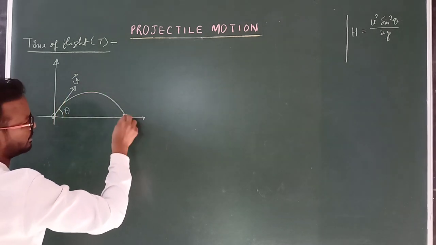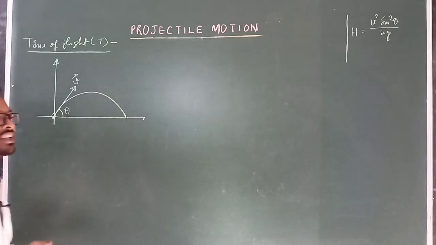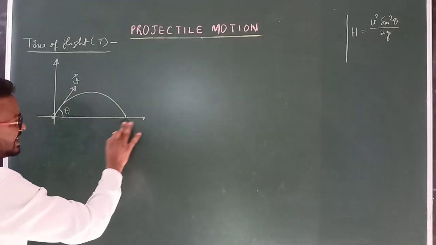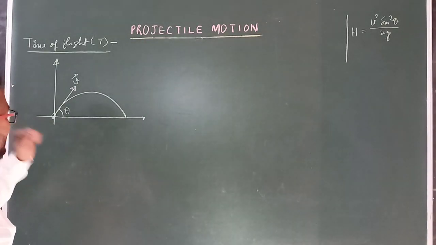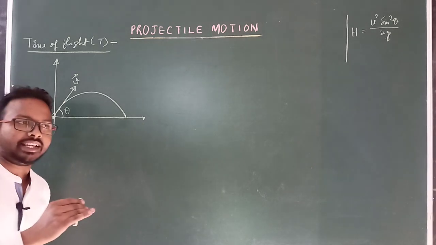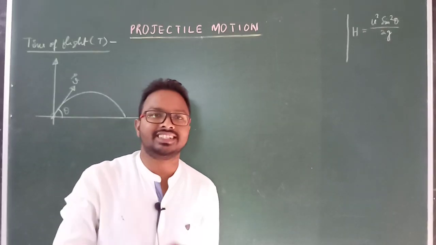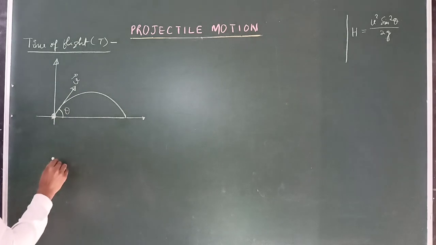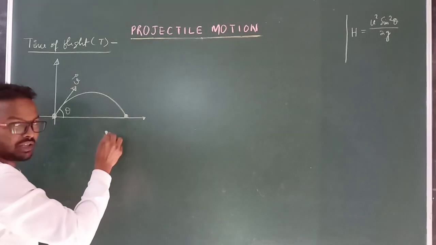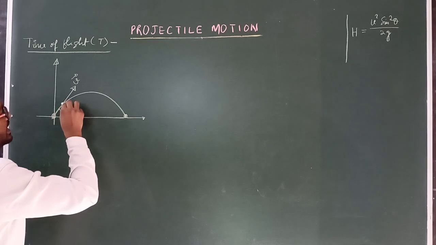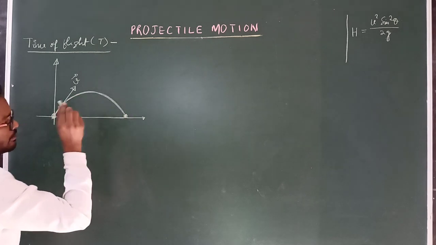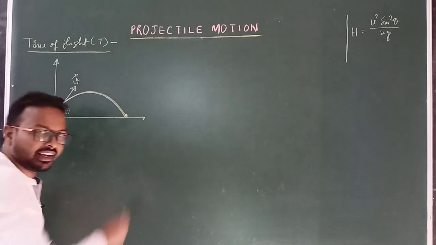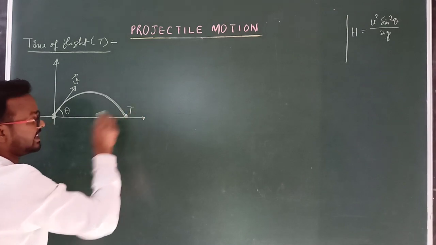Clear? We already proved this path is a parabola, and there is a relation containing the x-axis and y-axis. Now we have to discuss the time taken by the projectile to remain in space. Remaining in space means from the initial moment it leaves, until before hitting the ground. So we have to find the total time taken by the projectile from the start till hitting the ground, that is known as time of flight T.